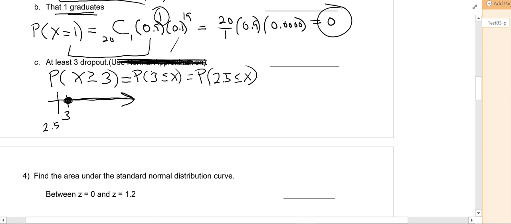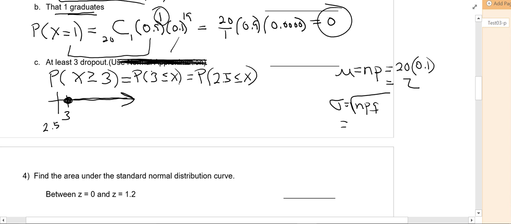Now I want to get to the normal approximation. In order to get to the normal approximation, I need to know the mean. For a binomial, the mean is n times p. In this problem here, I am counting dropouts. So n is equal to 20. The probability of dropping out is 0.1, and that is equal to 2. Sigma is the square root of npq. Well, I'm going to let you do that part. That's just plugging in the numbers. N is 20, p is 0.1, q is 0.9. Multiply, take the square root, and you're going to get